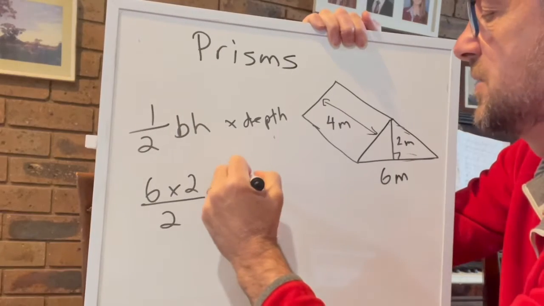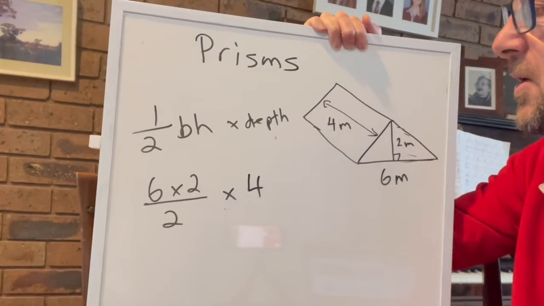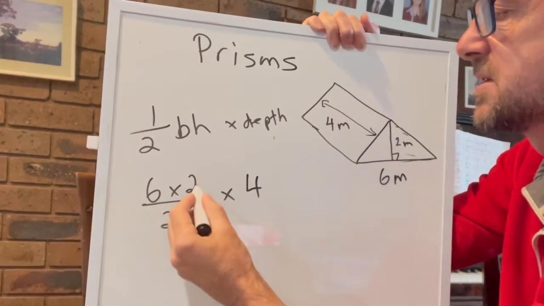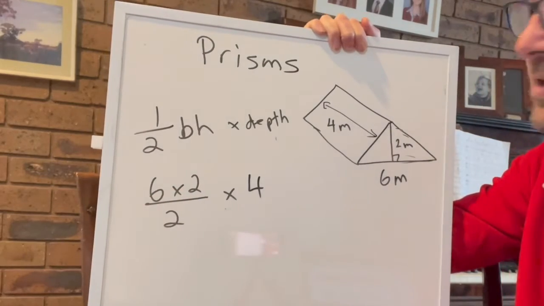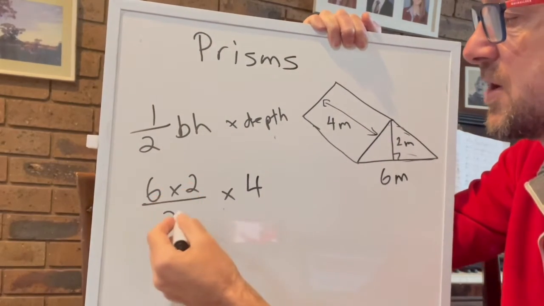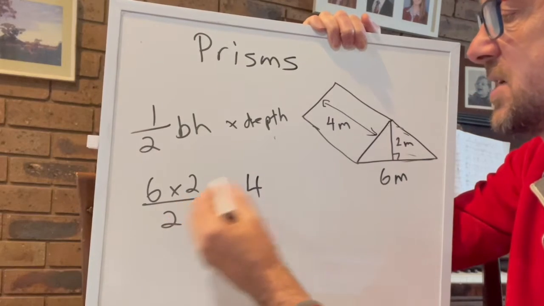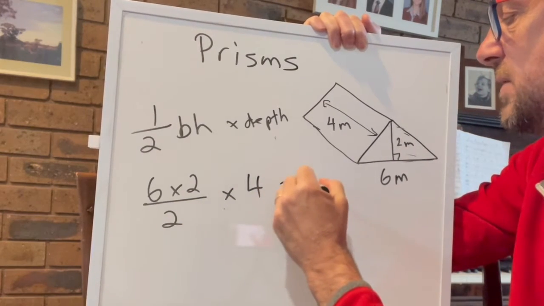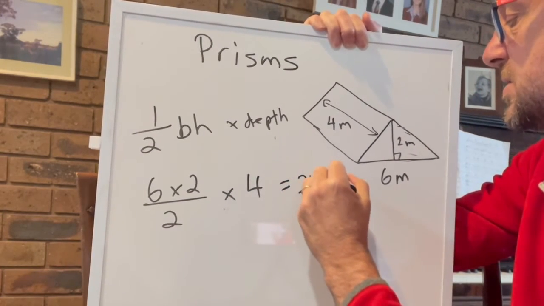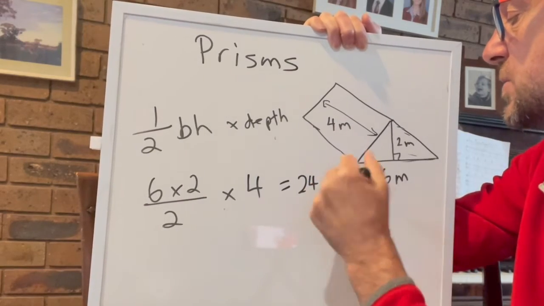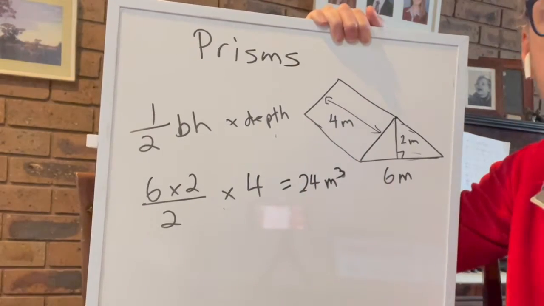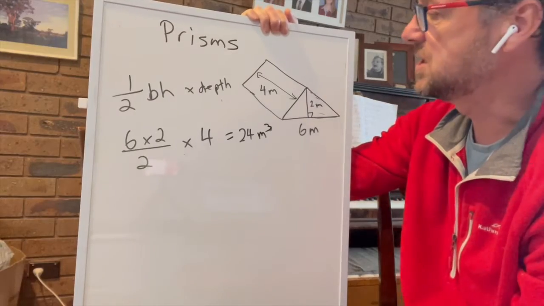The depth here on this one is 4. So 6 times 2 is 12, divided by 2 is 6, and 6 times 4 equals 24, and here it's meters cubed, not squared, cubed, for the volume of that particular